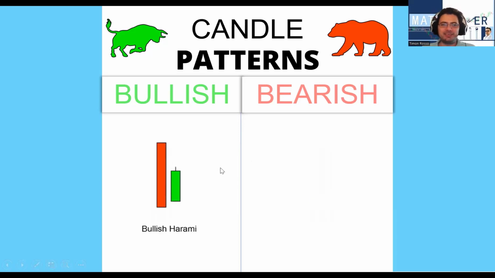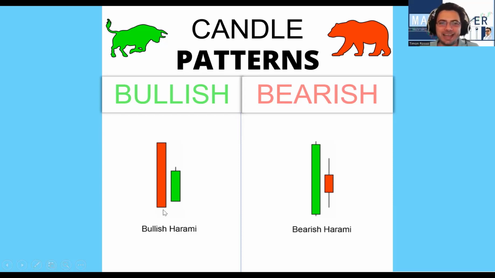Bullish harami. So the bullish harami and the bearish harami. Harami, as far as I know, means pregnant. And the bullish harami is basically saying that there is a mother candle, a down candle, and it has just given birth to a baby up candle. That's how I can explain it. So the bullish harami with the bearish candle, where the mother has given birth to the baby candle, and the baby candle is in between the mother's body. So that's how you can establish a bullish harami.